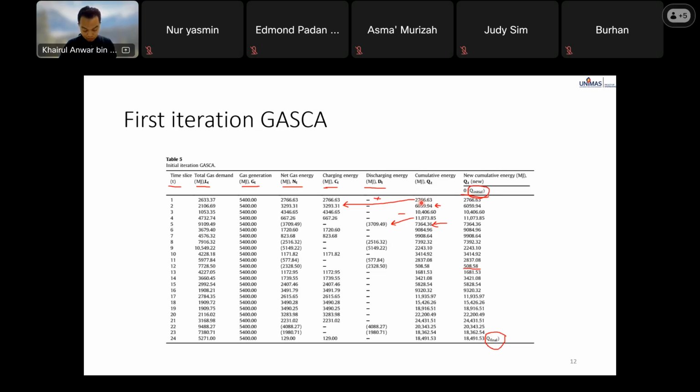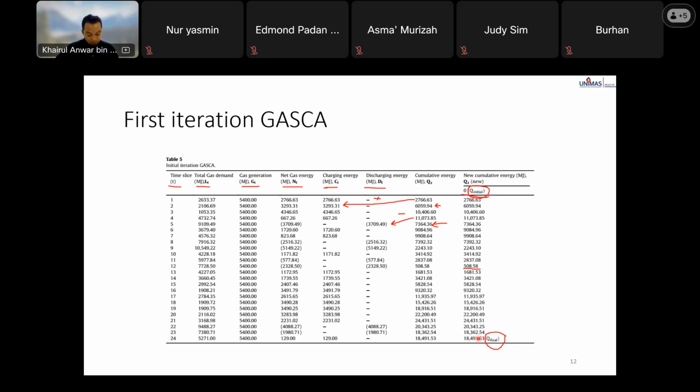Okay, 4,000. So 24,432 is coming from this new cumulative energy. Based on the initial iteration, the capacity of the vehicle is around 24,000. The findings indicate that 18,491, this value of energy, must be dumped at the end of the daily operation cycle to ensure the